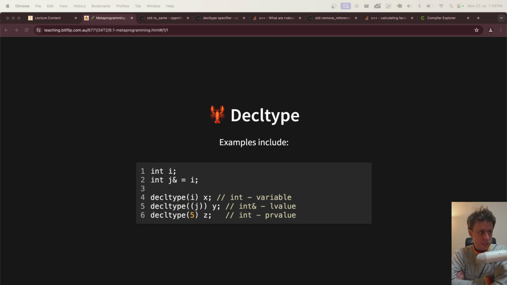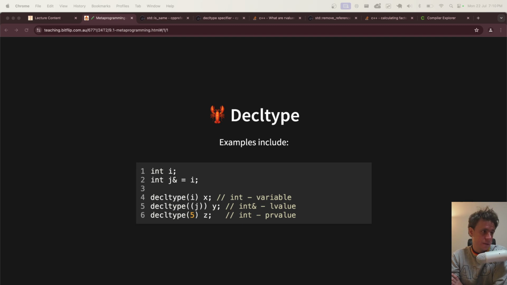Oh, you asked what does near the end of the lifetime mean? That's what I mean, there's a very detailed definition. You can look that up. X values, PR values, I don't have a strict definition for you on that one. We don't ever expect you to go into any detail with X values or PR values in the course. It's mostly just to throw at you that you will discover, if you spend time looking through the C++ literature, that things aren't just as simple as L values and R values. And even then, some people argue L values and R values is getting a little bit deep into things too.